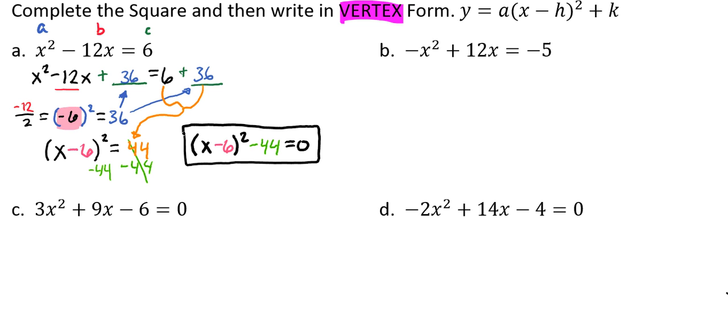Let's go ahead and take a look at letter B and give that a try. So here we see that our a is a negative 1, and that's going to be a problem. Our c is on the other side, so that's still good. So because our a is a negative 1, we're going to have to factor out a negative 1. What this is going to give us here is negative 1 times x squared minus 12x, and we still have our plus leave a space, equals negative 5 plus,